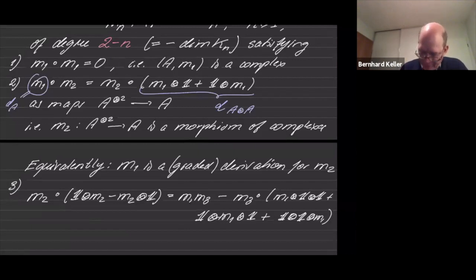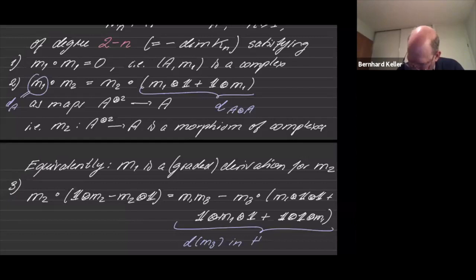Okay, so here on the right, you recognize this is simply D of the map M3 in the morphism complex from A tensor 3